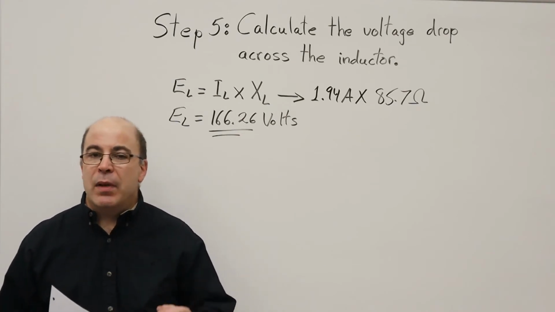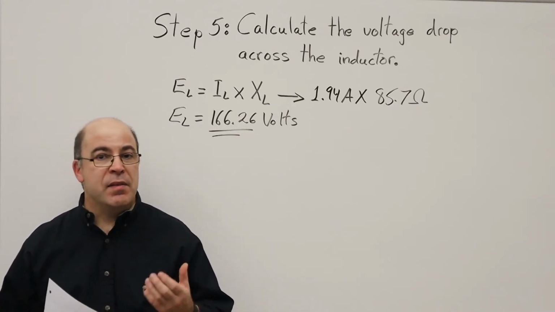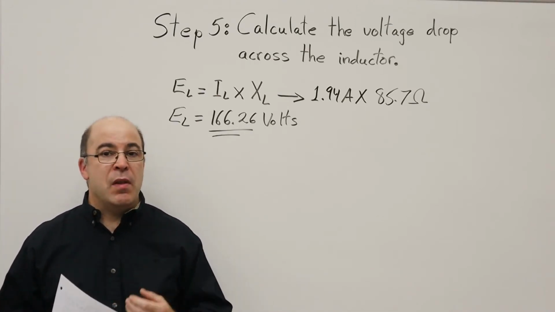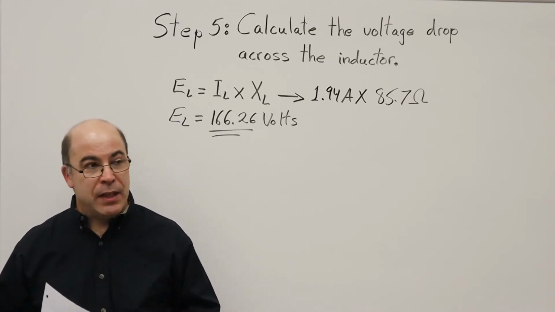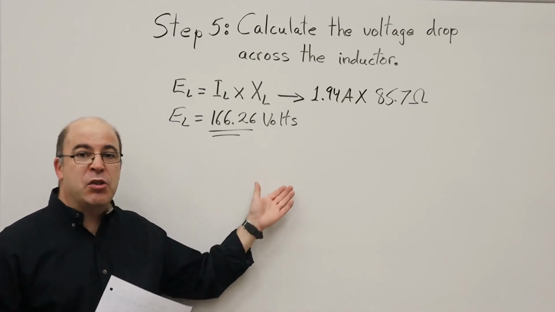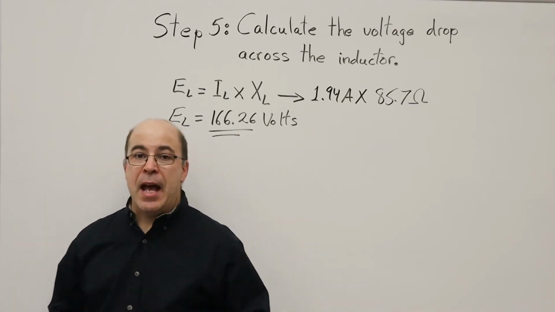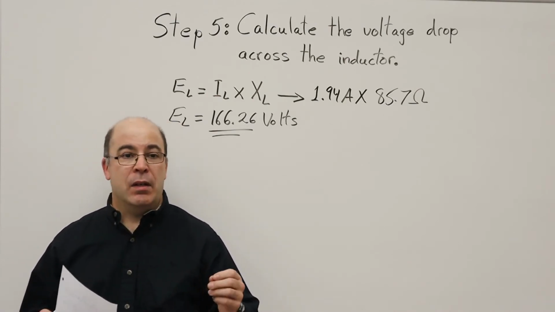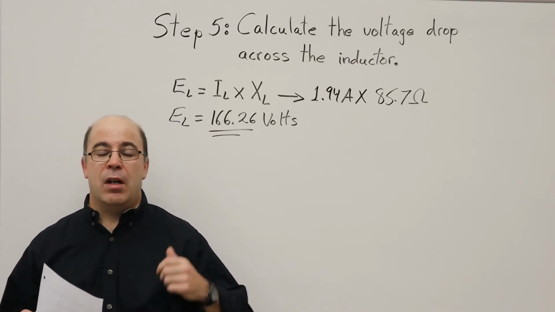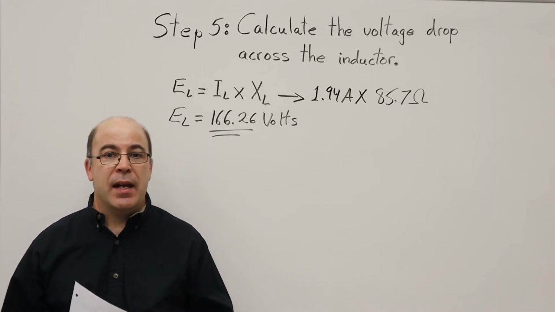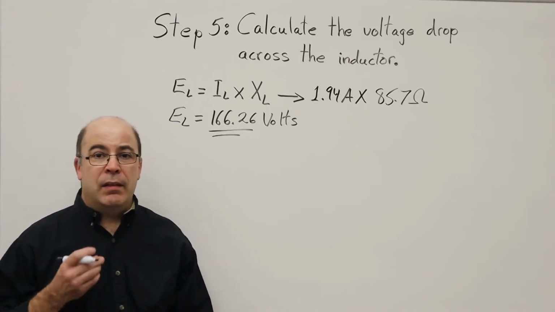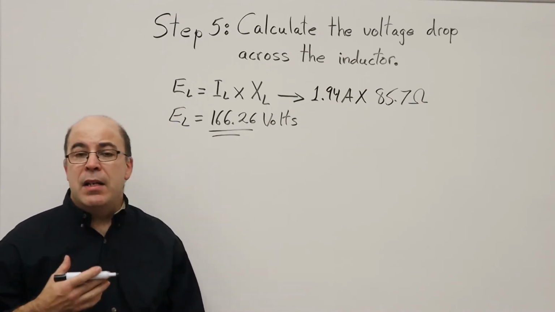How can this be? Well, it is interesting because the math is correct, that you are going to generate higher voltages than that, but the math is correct. And in real life, it does happen. And I will be showing that in another video where we're going to be looking at the amplitude of the voltage drops across and see if they actually do coincide. And this is standard. Now, having said that, let's move on to step 6,